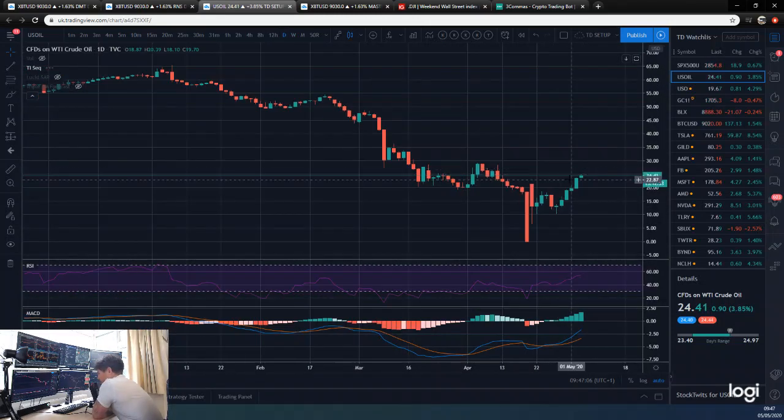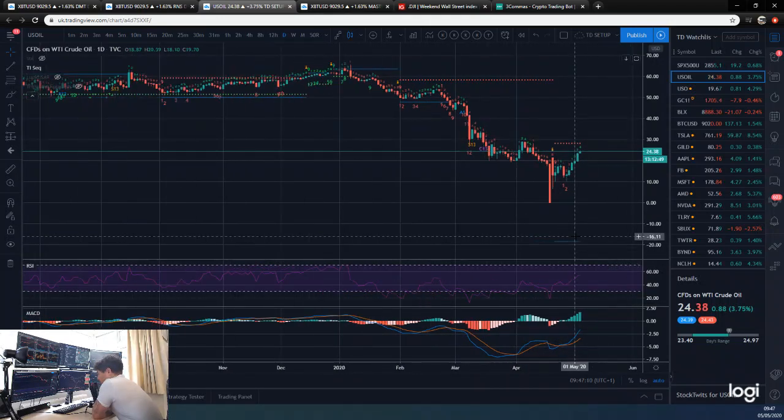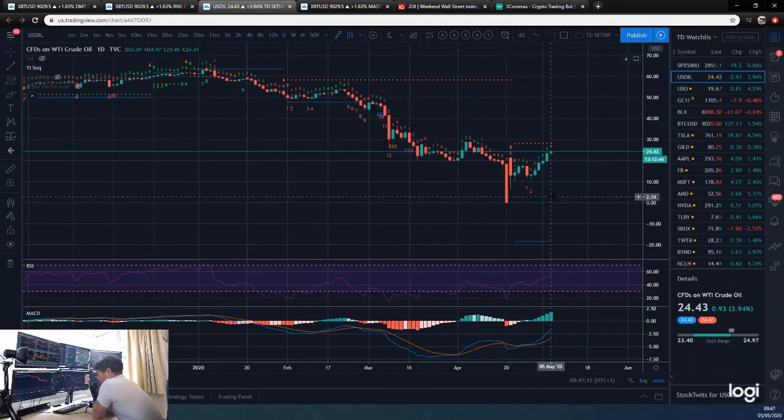Daily oil, let's look at daily oil. Daily oil, RSI is looking good. Again, bottomed on a 9 here, so you could potentially have timed your entry based on this as well. So you had the weekly near the 9, and then obviously the daily 9 here, and then yeah, we pretty much